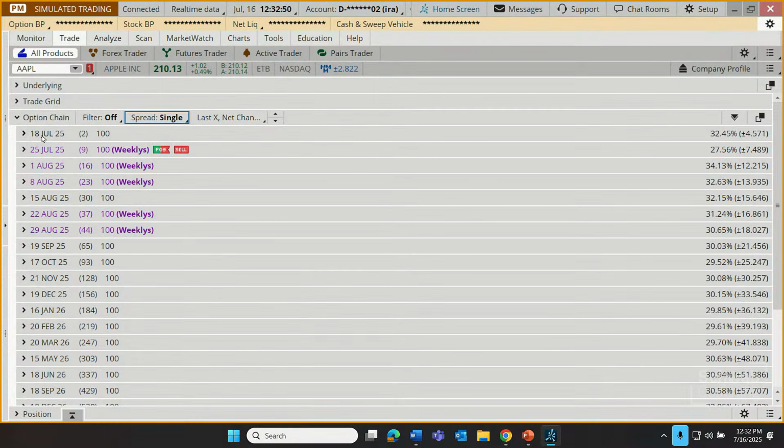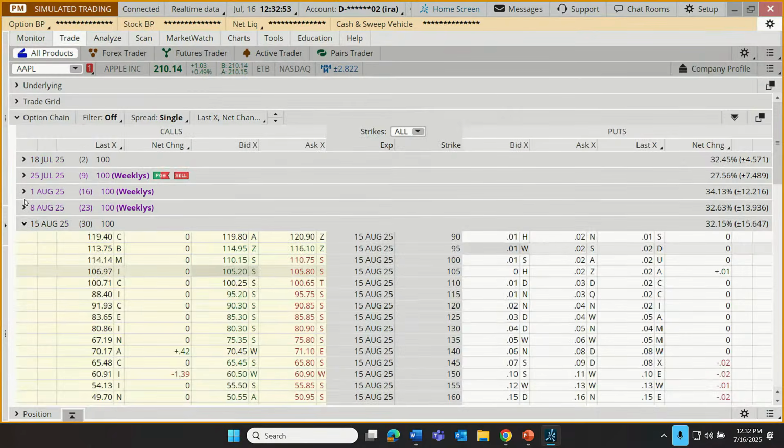This feature, let's open up one of our chains again here. And let's talk about this spread function. The spread tells us, well, this is a function a trader might use if they have a specific option strategy in mind. By default, it's going to say single. That's assuming that we're trading single legs, and it's showing every individual strike here.